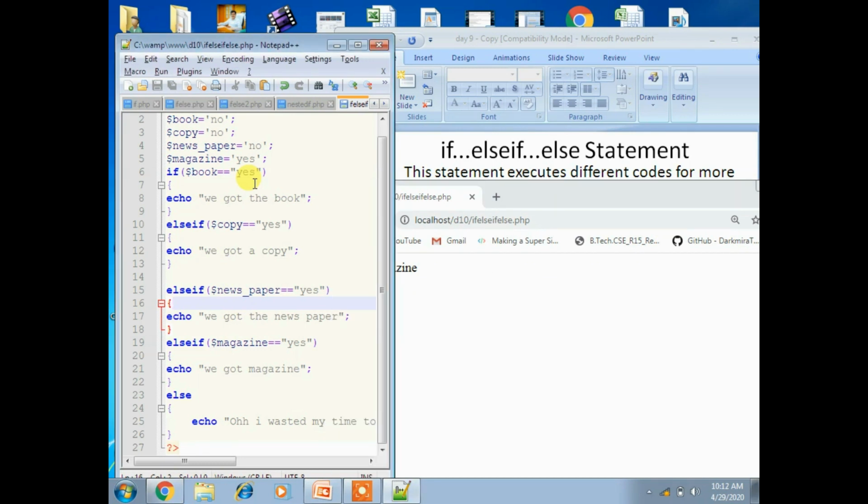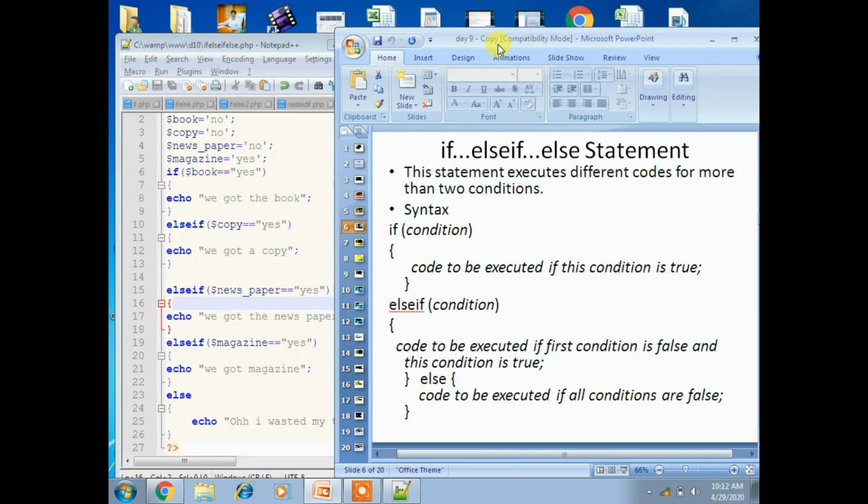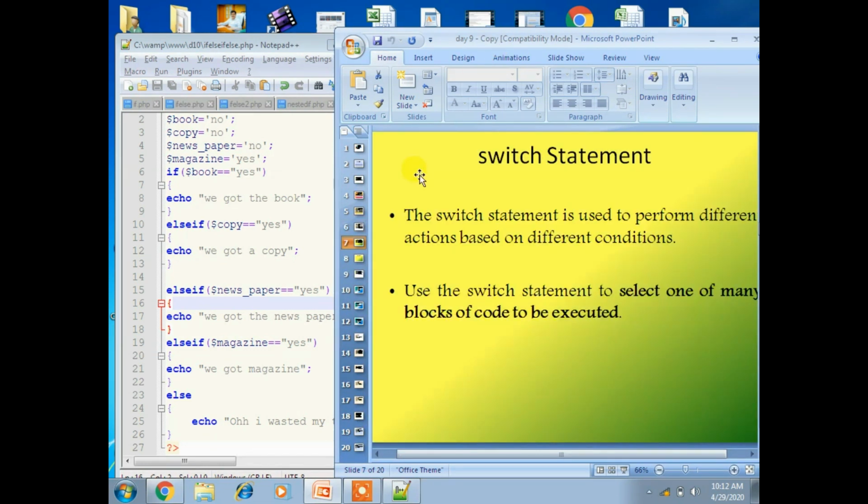Okay, for multiple conditions we'll take multiple variables, and you can get the if else, if else, if else statement. Now we'll go for another thing, that is the last statement, the switch statement.